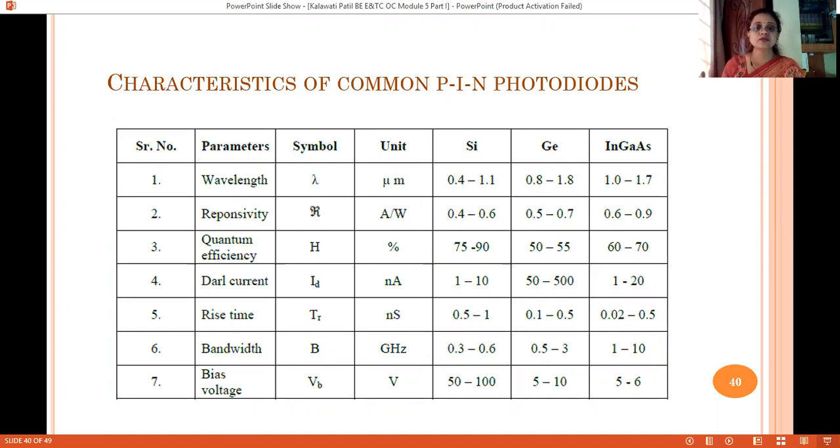As I explained, the photocurrents which are generated in such photodiodes are very low, and to operate the external circuit, I require larger power than it. So this is another modification to the photodiode, wherein people have used an internal photo amplification or photo gain mechanism.